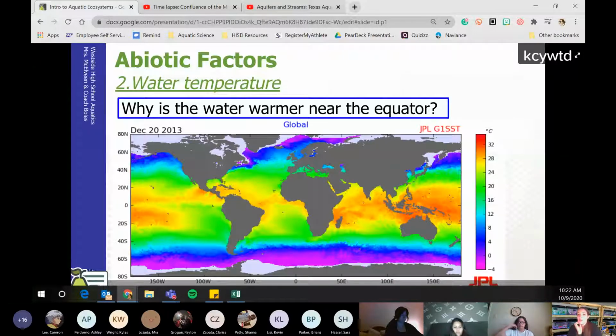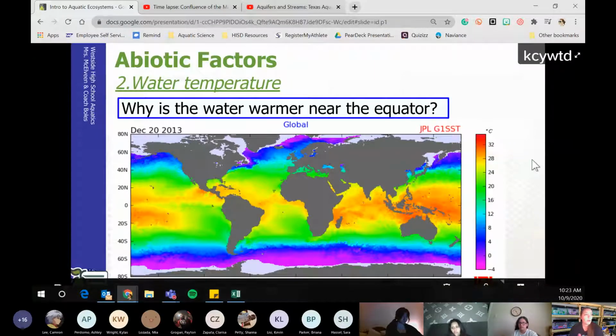All right, so let's see some of the answers. We have 12 out of 23 responses thus far. The sun hits the equator more because the Earth is hottest at the equator line. The equator's furthest from the north and south poles. The equator's hot. The center of the Earth is where the sun hits more. It gets more direct sunlight, more direct heat from the sun. Boom. Great answers. So I'm going to go on.